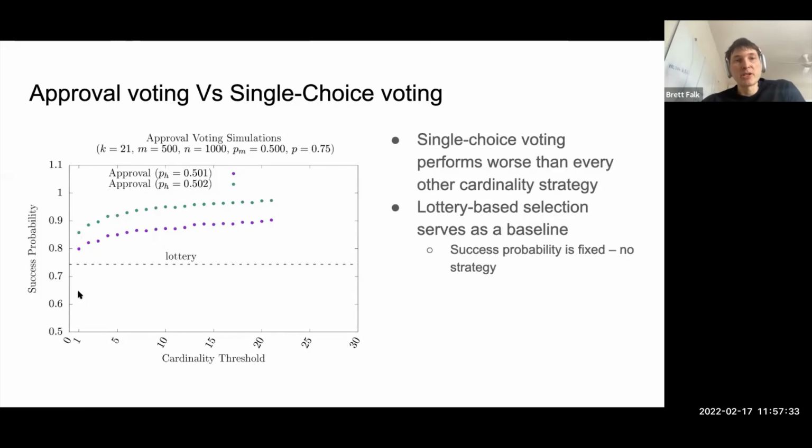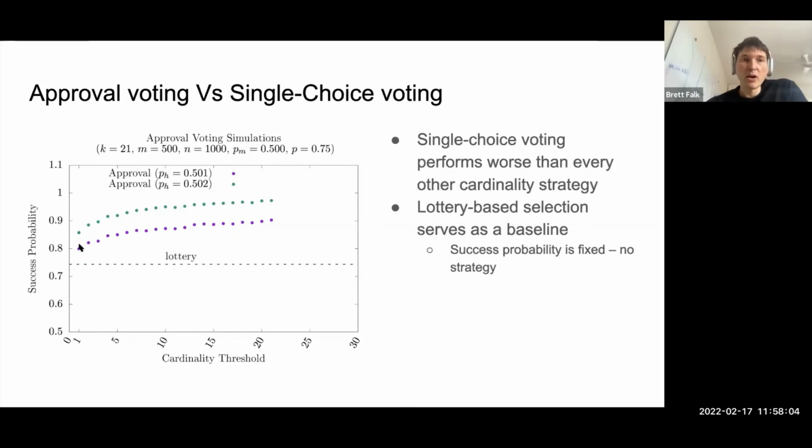So we can imagine all voters following a cardinal threshold. They vote for the top 1 candidate, top 2, top 3, top 5, top 10. Here we see what happens when people vote for 1 candidate, so this is like single vote elections, and this is the probability they elect an honest committee. These are the lowest. And these 2 lines represent how much information voters have. In the green, voters have more information. In the purple, they have less information.